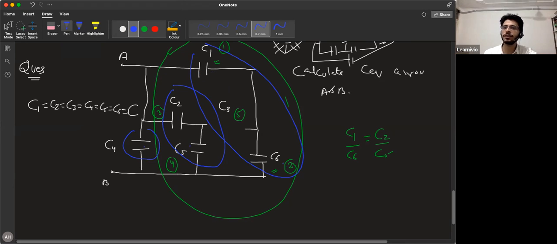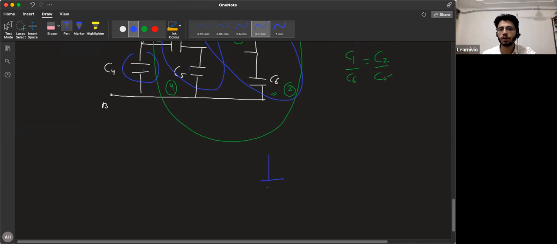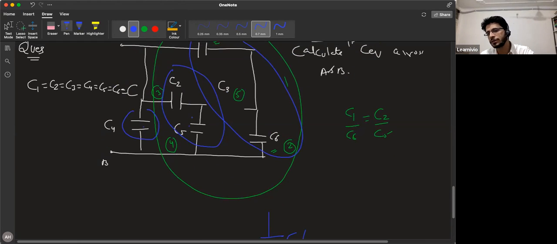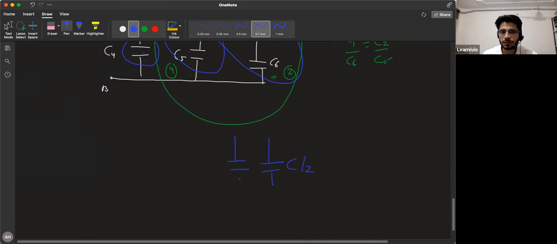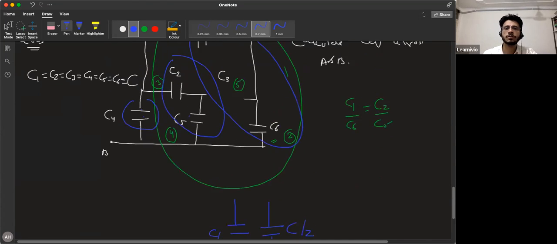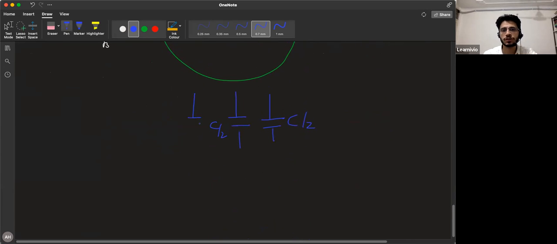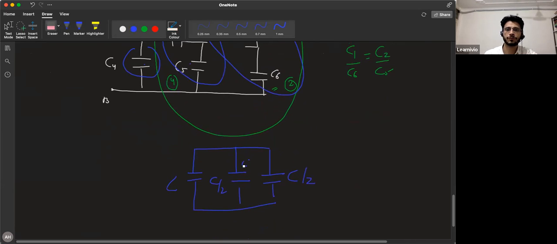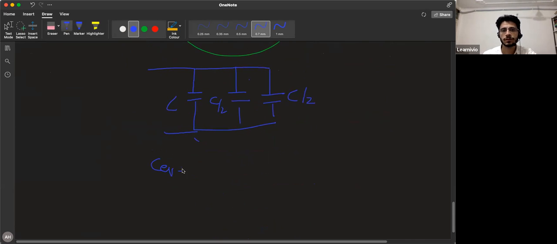So this is C and this is C. If you take the series combination of same capacitors, then it becomes C by 2. You can remove them and put a single capacitor C by 2. Similarly, C2, C5 are in series, so it becomes C by 2. And this is C4, which is also C, and they are connected something like this. They all are in parallel, and this is point A and B. So your C equivalent is,